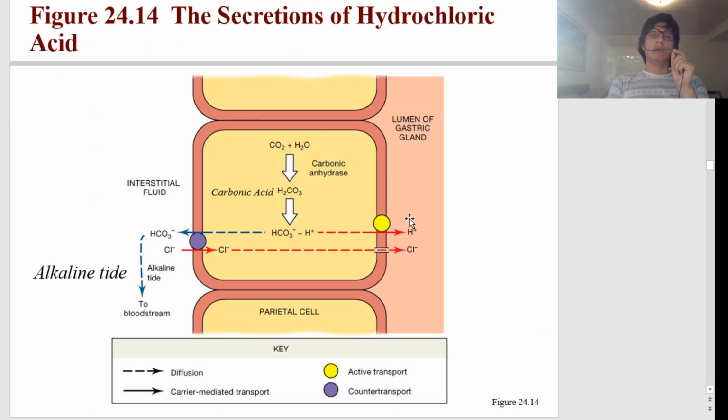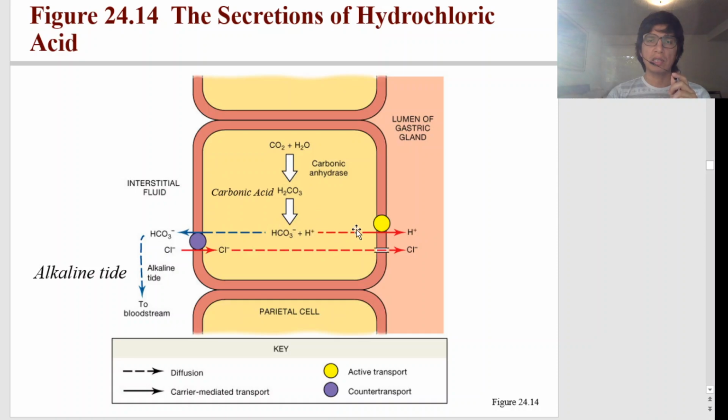This is a view of the excretion of hydrochloric acid by the parietal cells in a way that is not detrimental to the cell or its immediate environment. So what we observe here is chlorine and this hydrogen ion being released separately by different mechanisms. So we have here CO2 and water leading to carbonic acid, and this carbonic acid dissociates into a hydrogen and